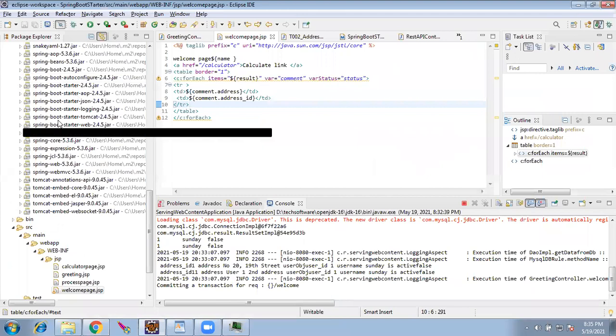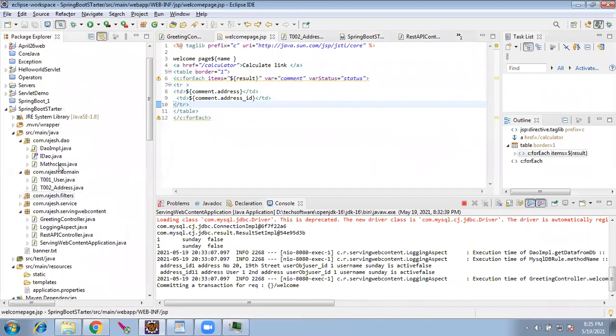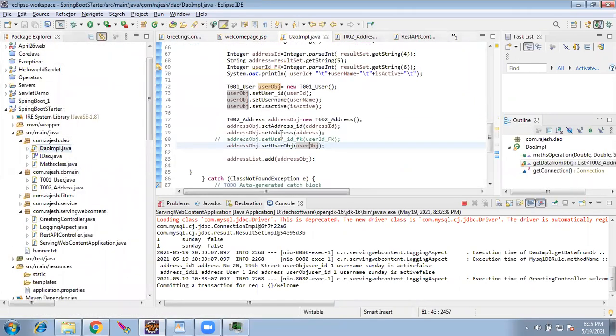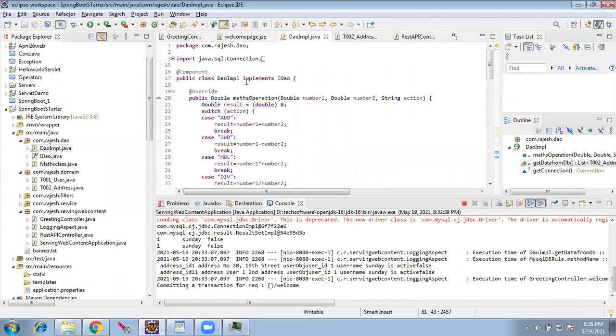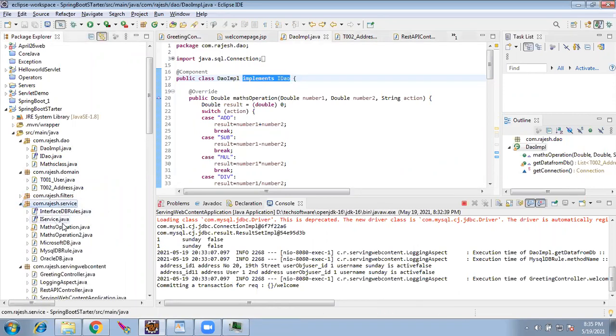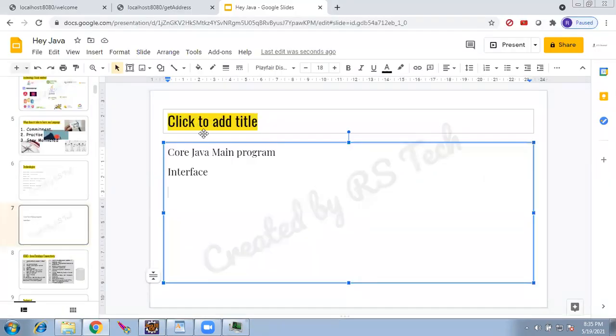Why did we study interface? This is the reason. In DAO IMPL, we were implementing the IDAO methods and we were using multiple DAO methods and multiple service methods, like Oracle, MySQL. So this is why we studied the interface.